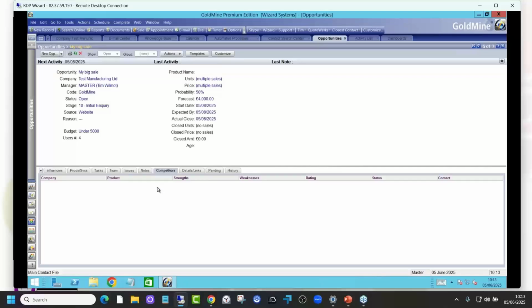You've got notes, you've got competitors. Again, you can define them, record them. They may or may not be records in your own GoldMine CRM database, but you can rank them as regards how you think you fare against them. So you can do a little bit of analysis there over those kind of red flag